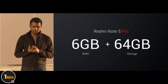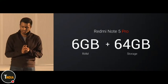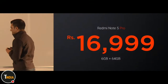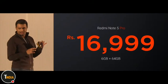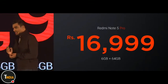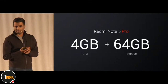So we have two versions. The 6 gigabyte version with 64 gigabytes of internal storage is $16,999. Again, this phone, I think if you were to compare the features, you will not find a phone anywhere like this until you get up to $35,000, $40,000. We also have a 4 gigabyte version with 64 gigabytes of internal storage. Again, LPDDR4X RAM, and the price of that is